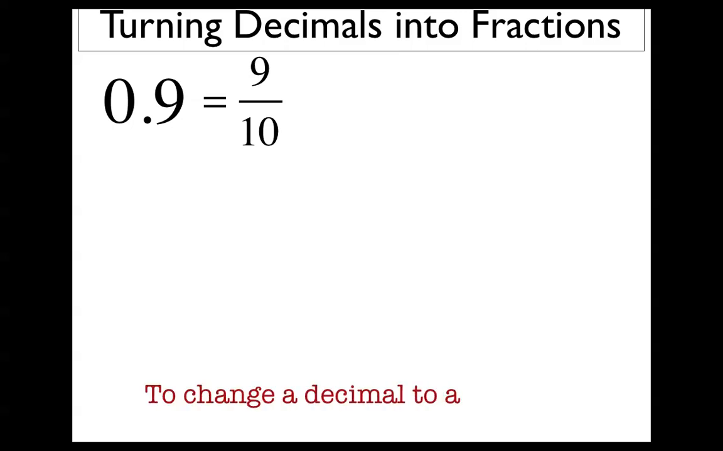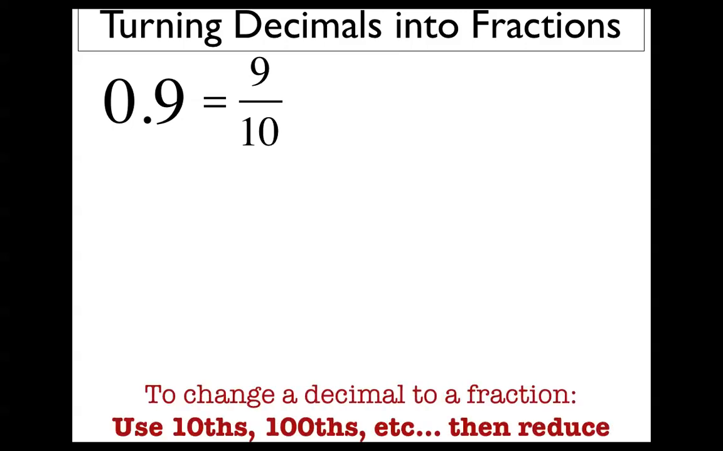So here we have 0.9. How do I know it's 9/10? Because the digit 9 is in the tenths spot. So you actually know what the fraction is just by saying the name of this number. It's 9 tenths. So it's 9/10. We just turned a decimal into a fraction just by talking it out. Pretty easy. The rule here is to change a decimal to a fraction, you're going to use tenths, or hundredths if it goes to the hundredth spot, or thousandths if it goes to the thousandth spot, etc., etc.,